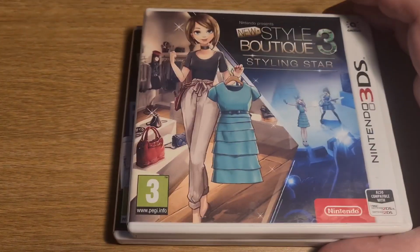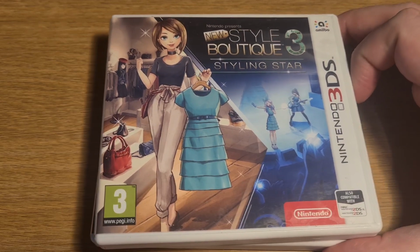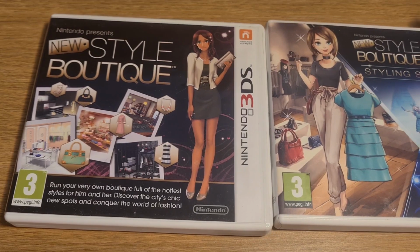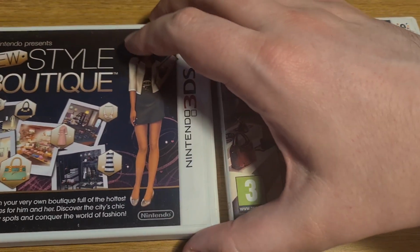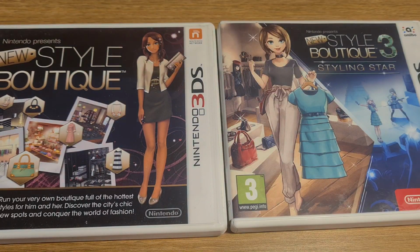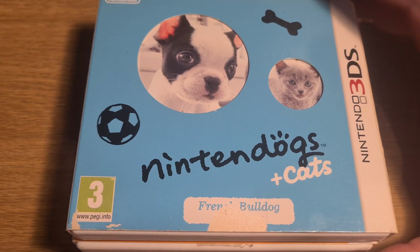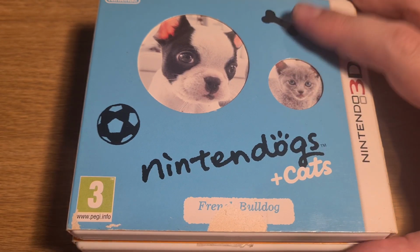A couple of new style boutique games. These are published by Nintendo. That's the reason I have them. So I have number 3 and number 1, missing the second game in the series. Next up, we have Nintendogs. Now, these 3 were some of the hardest games it's taken me to track down, which might sound surprising to you,